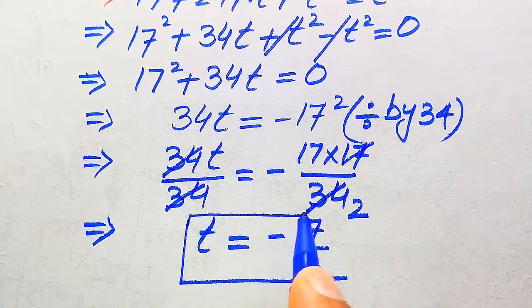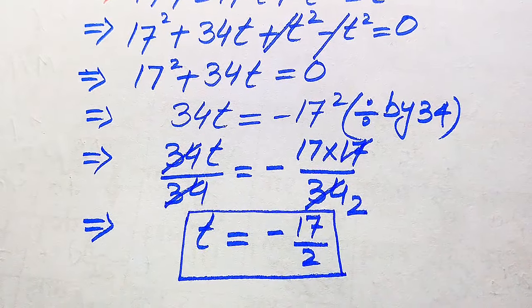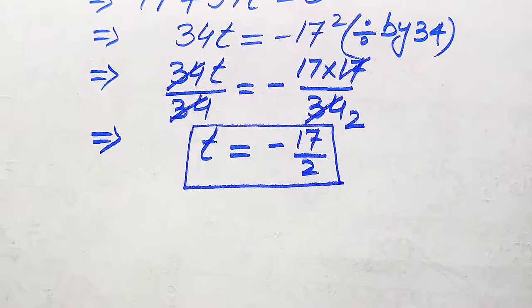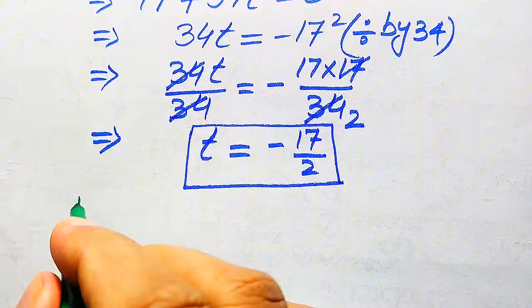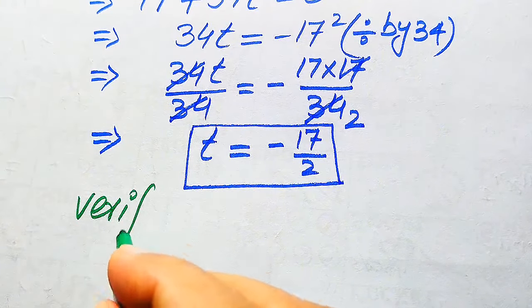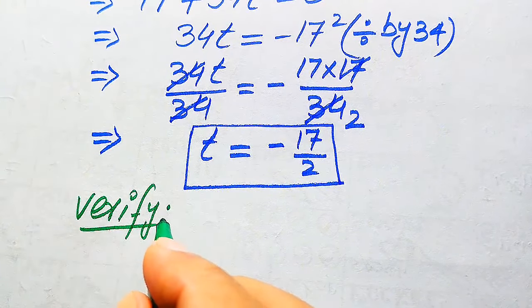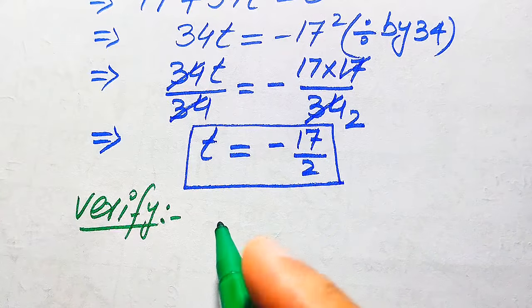So this is the value of t which we get here in the first method. If your question is only to find the root, or just the value of t, then you can do this question up to this value. But here we need to verify the solution. So that's why, for verification of the solution, we need to copy down the given question statement here,